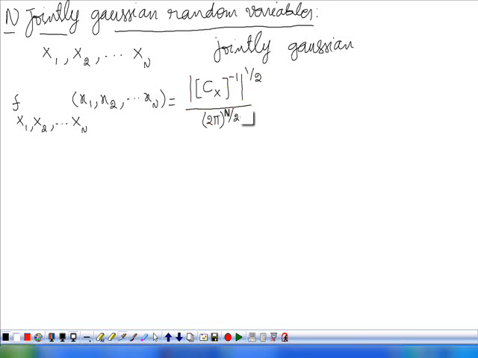See, in the case of two random variables, we have 1 divided by 2 pi under root sigma x, sigma y into 1 minus rho square. So this is for n random variables. Later I will explain what Cx is. Into e power minus 1 by 2 times